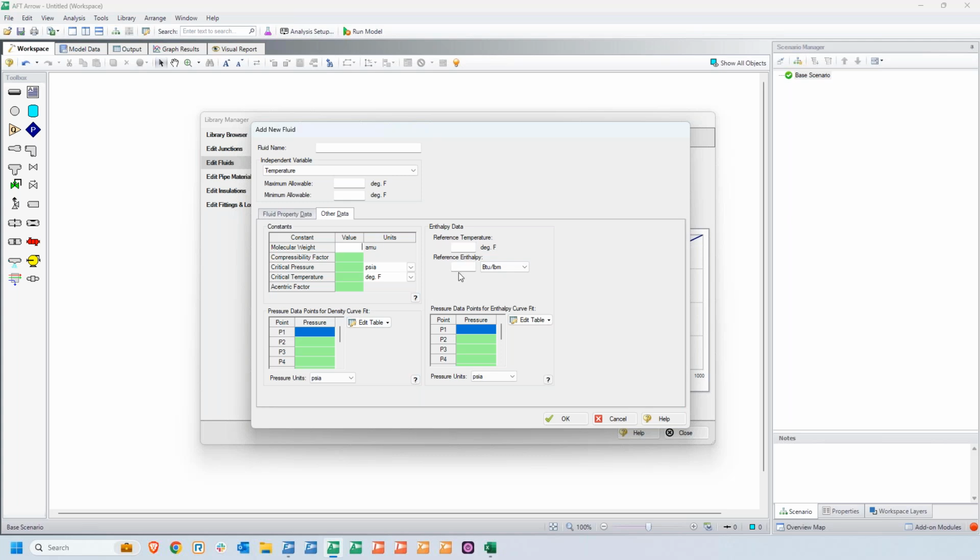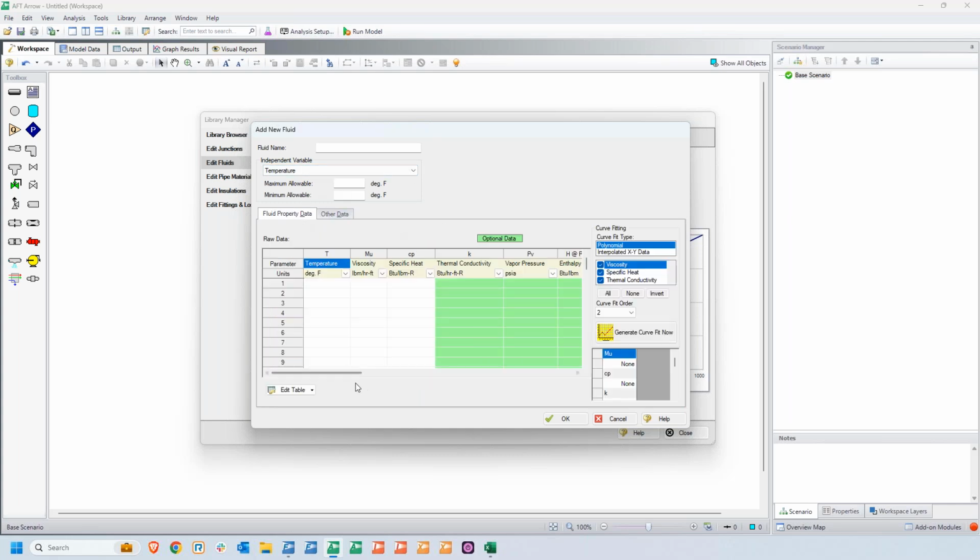These still serve as a datum, the reference temperatures and reference enthalpies, but this may be a more relevant or useful parameter in Aero because compressible fluids do require more heat transfer information, making enthalpy a more useful parameter. If we go back to our raw data here,